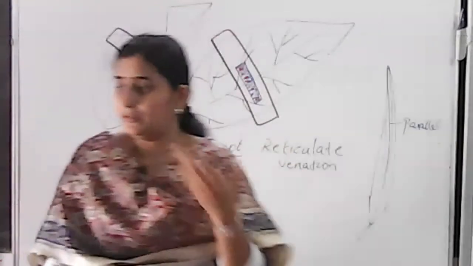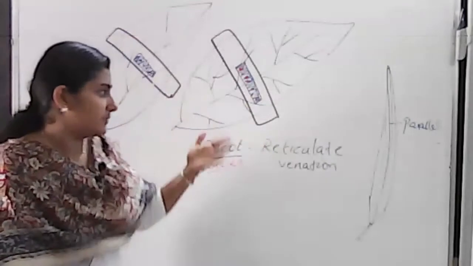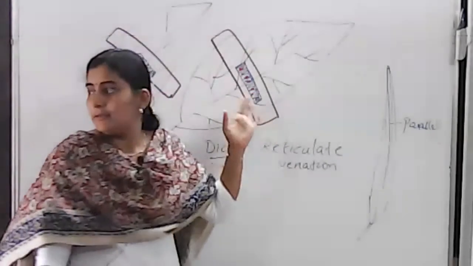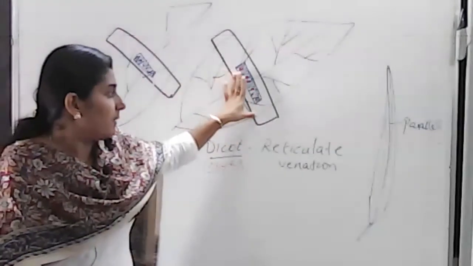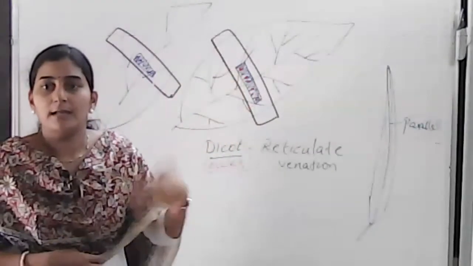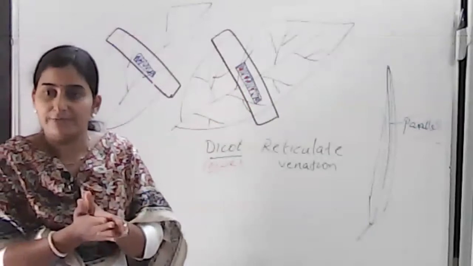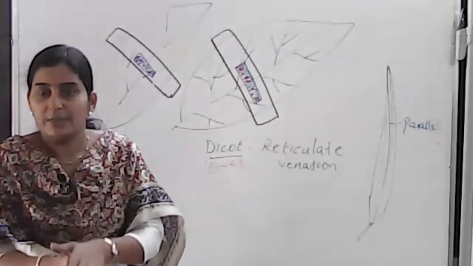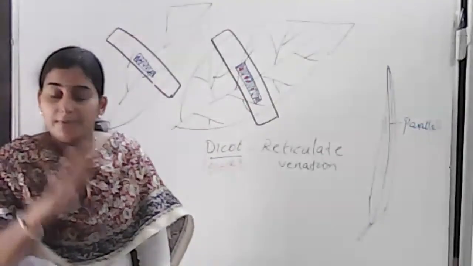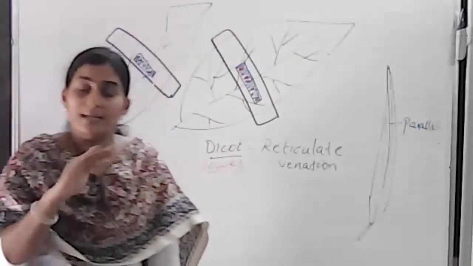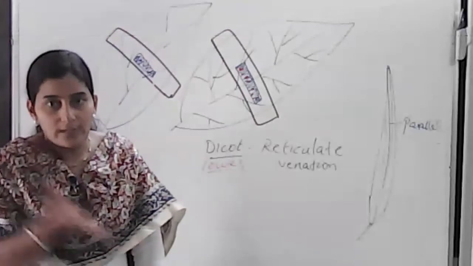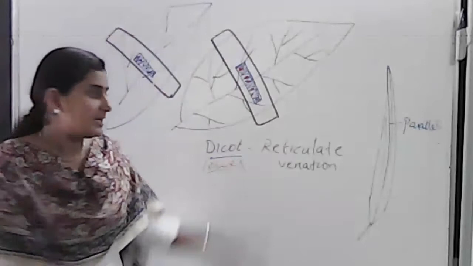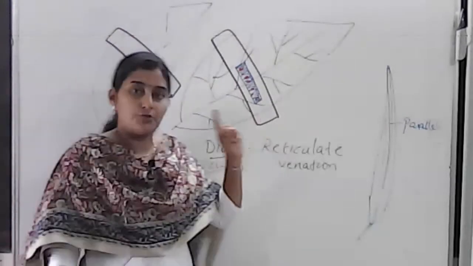Then we have moved to the modified experiment, which is about the cobalt chloride paper and the upper epidermis and lower epidermis. We have kept the cobalt chloride paper and seen the experiment, and we saw the upper surface will have less number of stomata, and the lower epidermis has got more number of stomata, and you can identify it as dicot plant and monocot plant by two means.